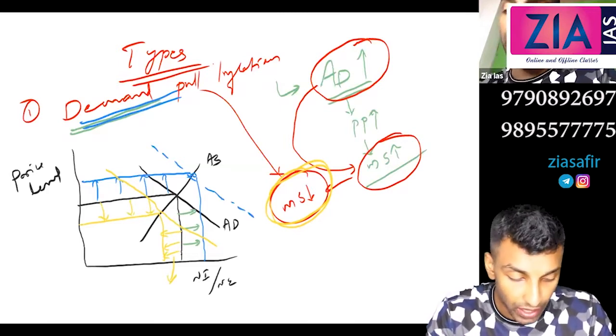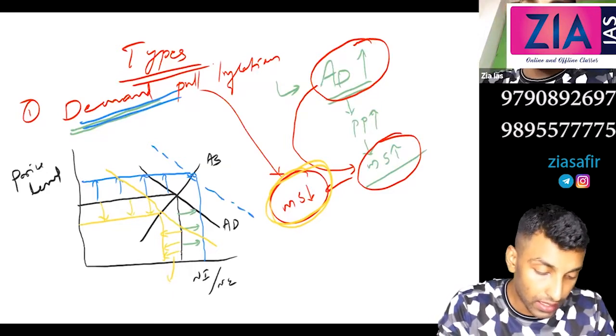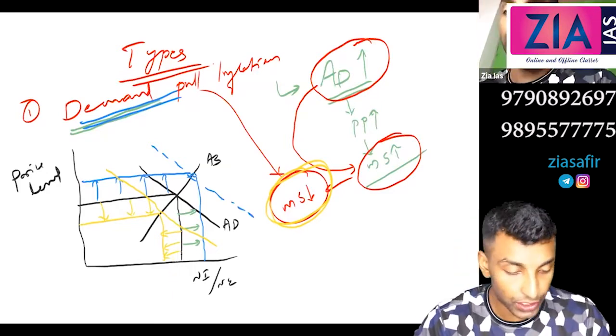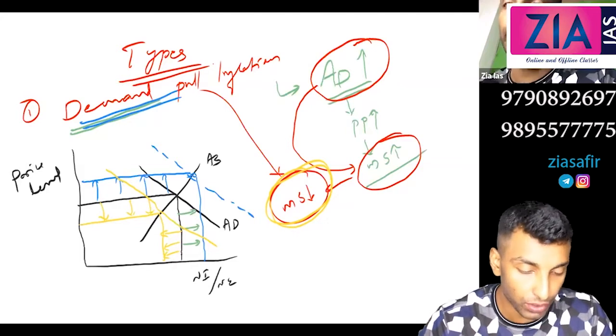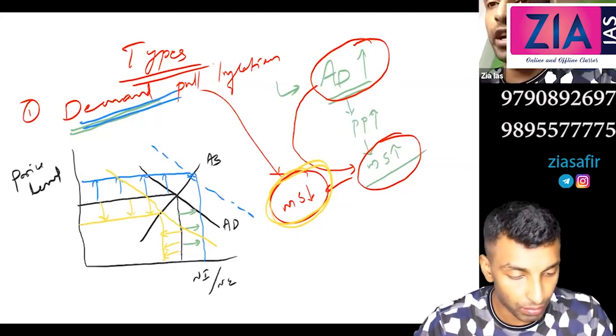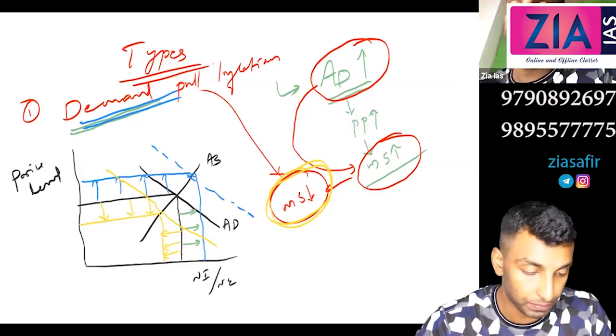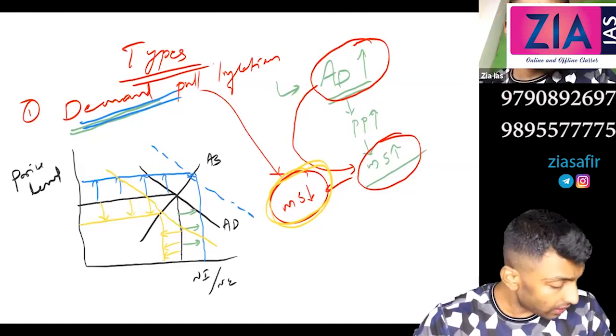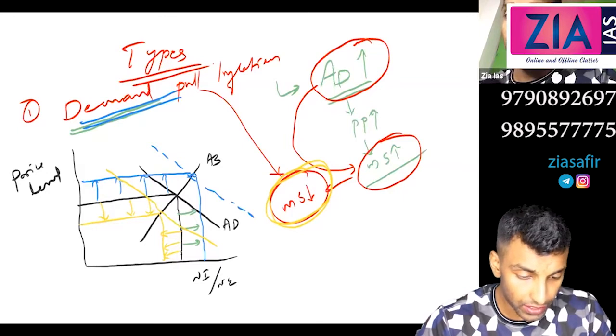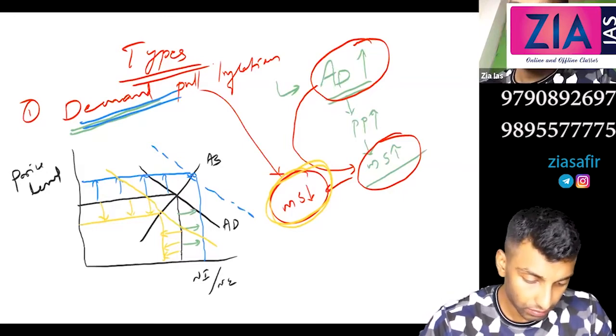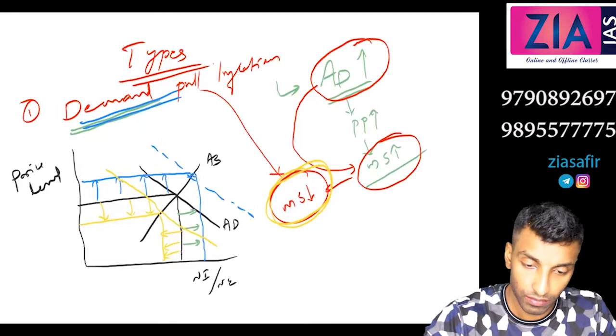But what is the priority for RBI now? Inflation targeting is the priority, especially after the Urjit Patel committee. Okay, we will discuss those committees, the Monetary Policy Committee, the Urjit Patel committee, everything in this module itself. So is this clear? Demand pull inflation. Yes, sir. Okay, now you can write the causes